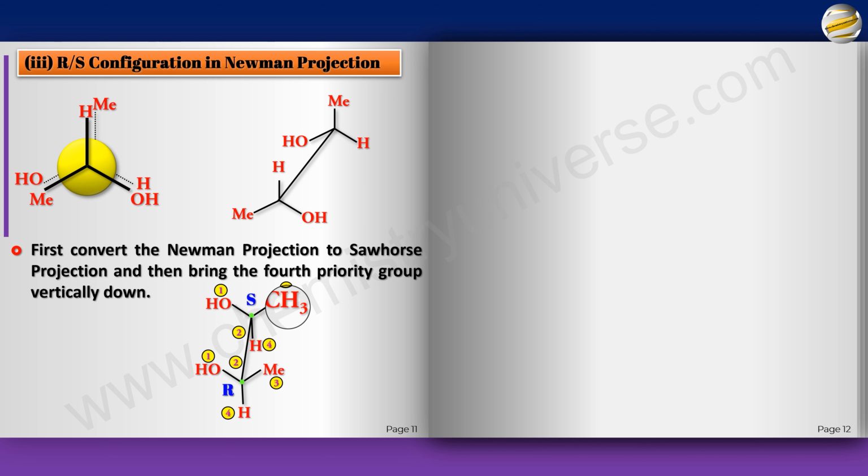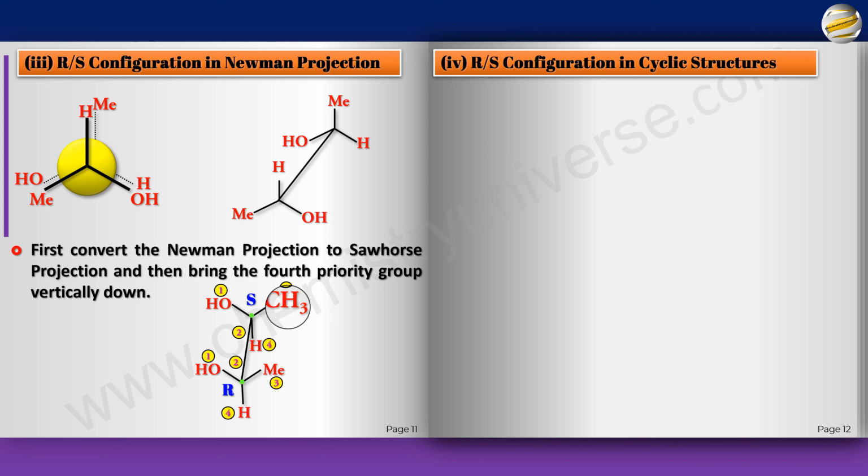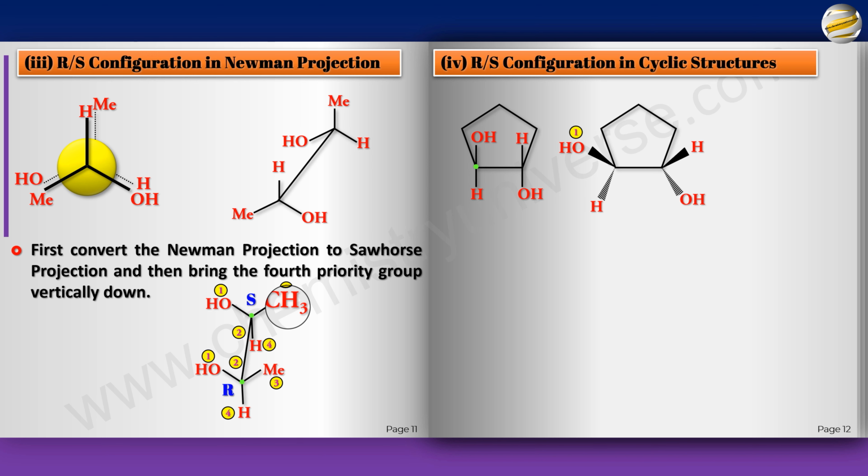Now let's try and give it to cyclic structures. This is a little bit tricky, but you'll get used to it. Say for example, I have this one, and there are 2 chiral carbons in this one and this one. So what I do is I draw it in such a way, because they're not exactly in a vertically straight line. So one is on top like this, one is at the bottom like this.